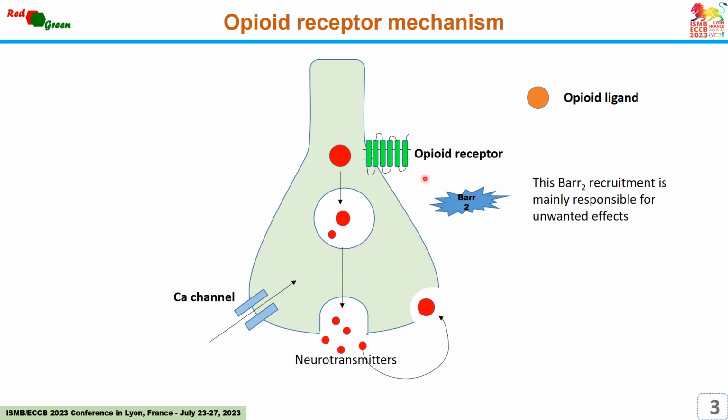This is the opioid receptor and opioid ligand. When opioid ligand binds to the opioid receptor, it blocks the calcium channel, and when it blocks the calcium channel, it cannot release the neurotransmitter into the synaptic gap. At the time of